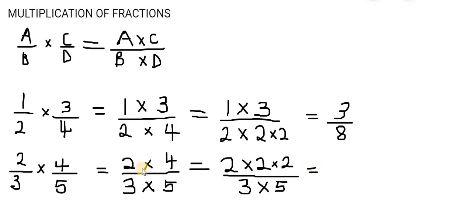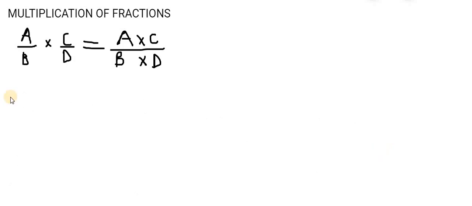So we just have 2 times 4, 8, 3 times 5, 15. So, answer for that is 8 over 15. Okay? Now, you can try 7 over 4, which is an improper fraction, times 2 over 11, which is a proper fraction. Okay? So,